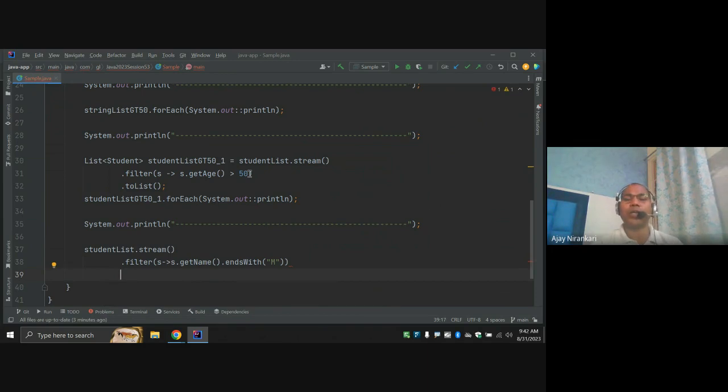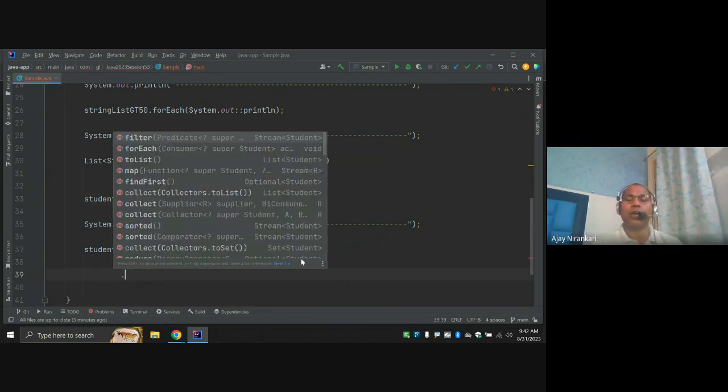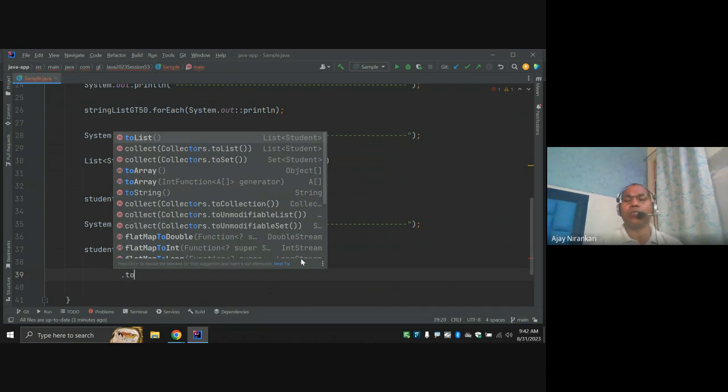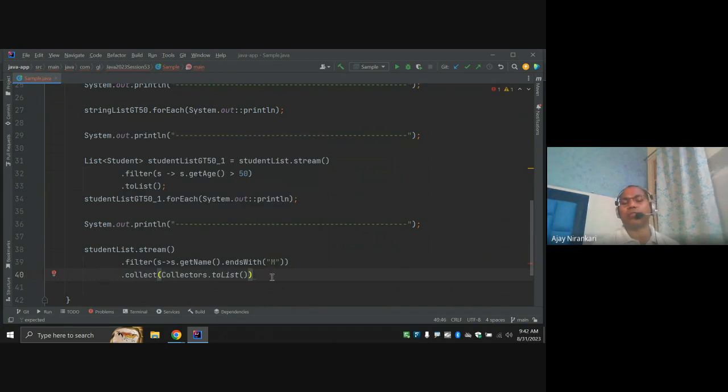Instead of collecting to a list, you can directly say for each. We can print it simply by saying directly here dot for each. There is no problem with toList. So here are two options: you can use toList, or you can sometimes use collector dot toList. So collector dot toList is the